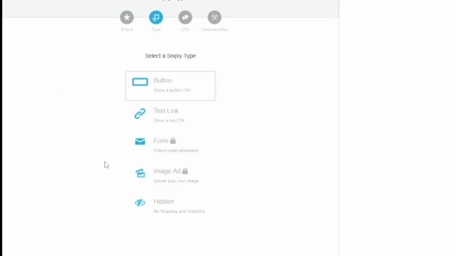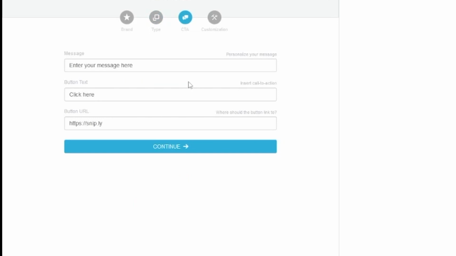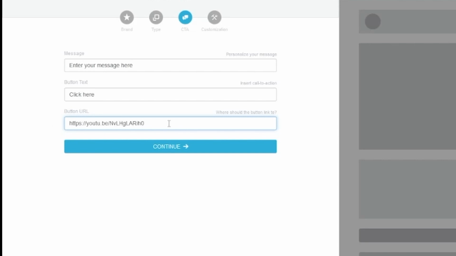Okay, so first of all, let's just click on a button. Okay, so we need this button, and we just now need to enter the message. Okay, and the button URL is going to be the video which we have copied, actually which we have pasted. So we can just paste that in, and immediately on the right hand side you will see how this will look like. So it's going to be the YouTube video in the back, and there's going to be your call to action in here. So whenever someone watches that video, this will pop up and they will see this message.